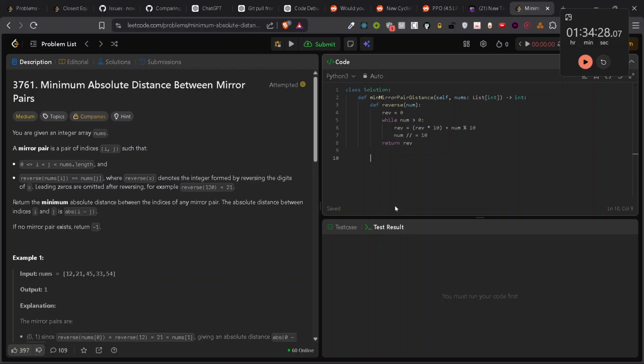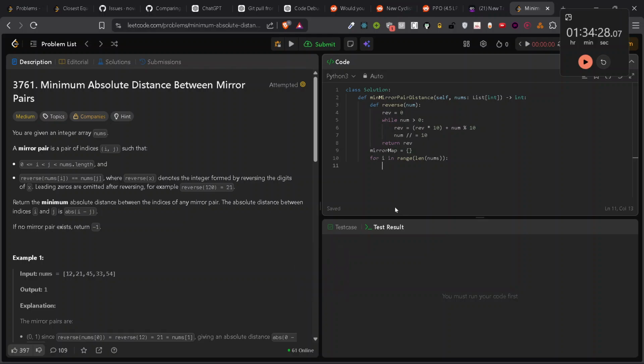We have a reverse function. So let us go through each index in the list nums. So like so, let's define the hash map. You can call it mirror map,